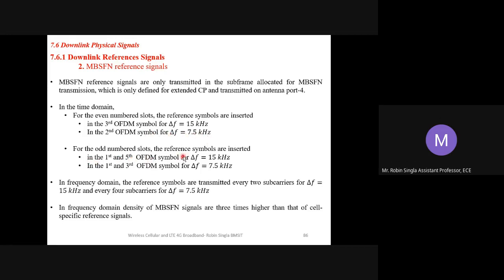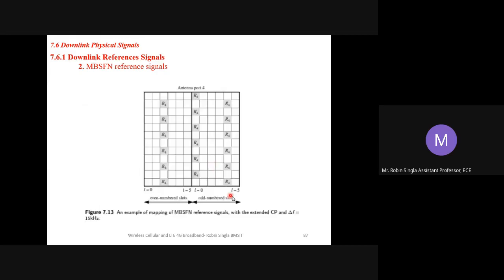For an odd-numbered slot, the reference symbols are inserted in the first and fifth OFDM symbols for delta f of 15 kilohertz. You can see it is in the first and fifth